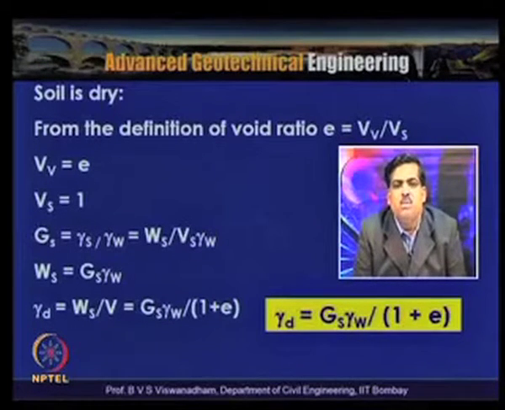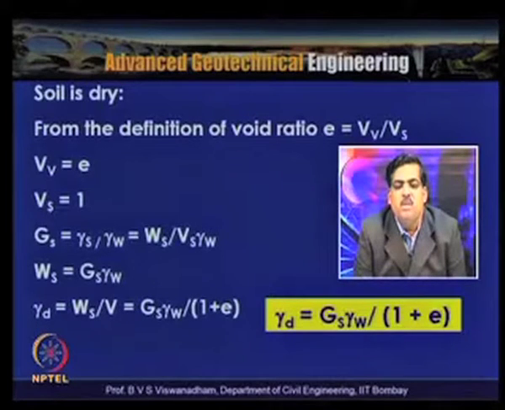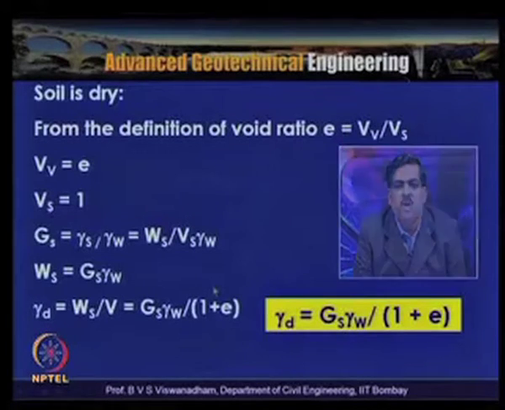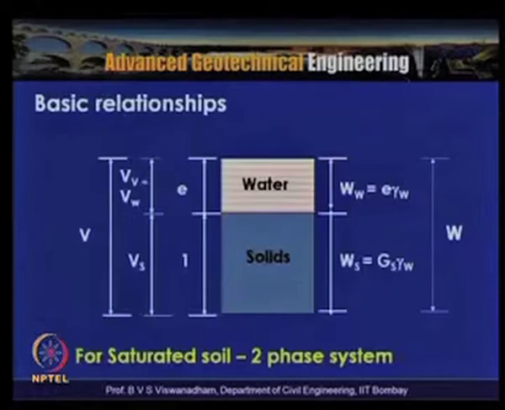So, this is very useful if you know the dry unit weight of the soil and the specific gravity of the soil, to find the void ratio of the soil mass. That means that e is equal to Gs gamma W by gamma d, minus 1. So, if you rearrange the terms, gamma d is equal to Gs gamma W divided by 1 plus e, we can use this relationship. In case of basic relationships, for a saturated soil, in this case, weight of air